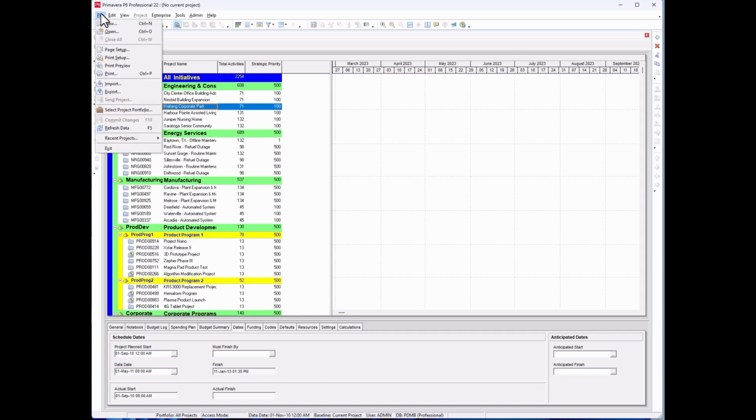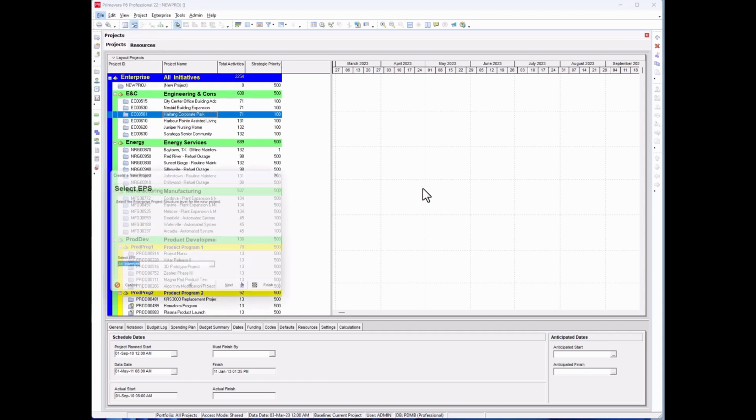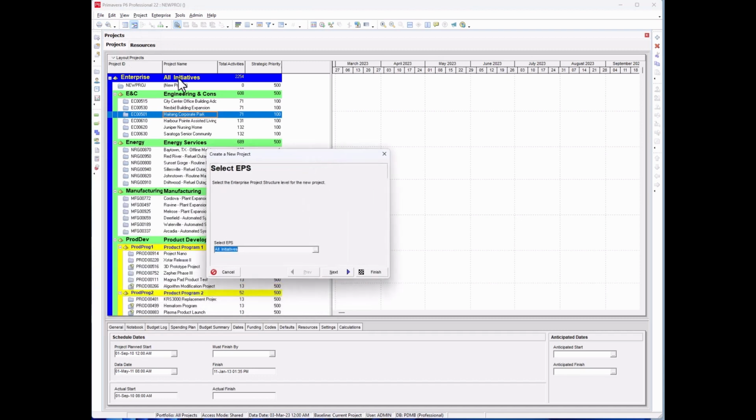So you click on File, New, here. I want it to be here. As you can see, the new project is already populated here, so I'll just click on Next. Let me say my project is called Project Test, so we are testing it. Don't worry about this. Plan start date: today is 3rd of March, so that's why it's taking this date automatically. So next,